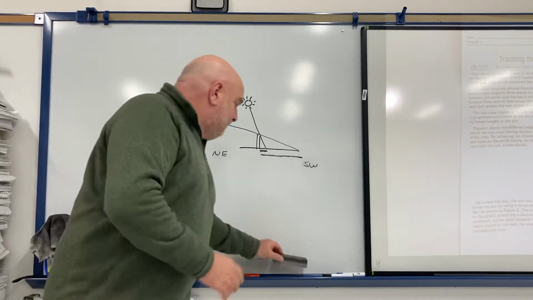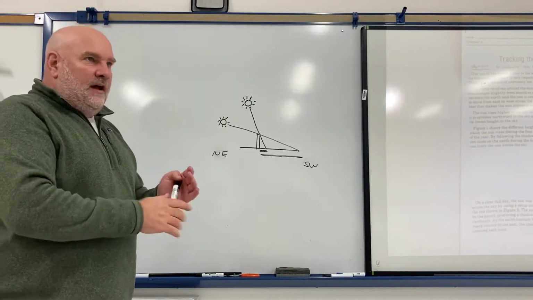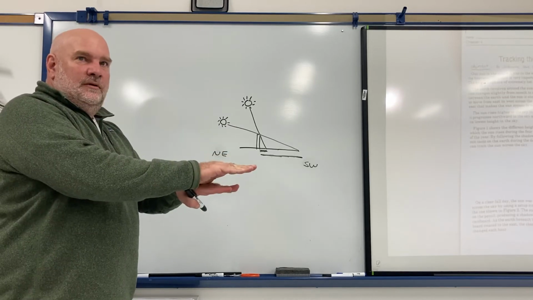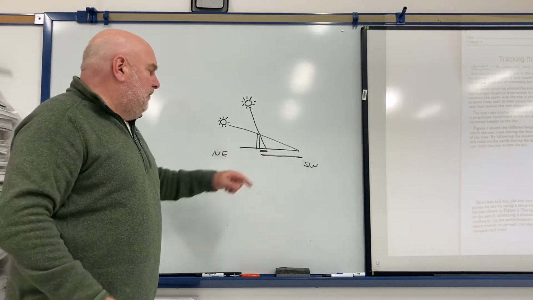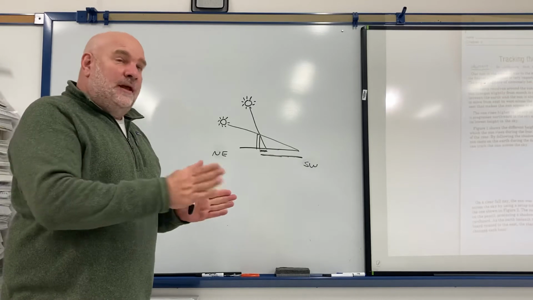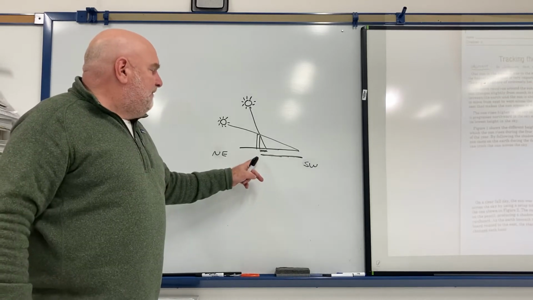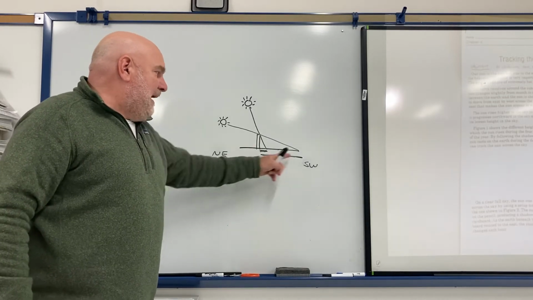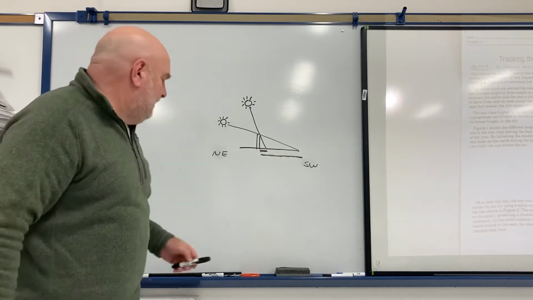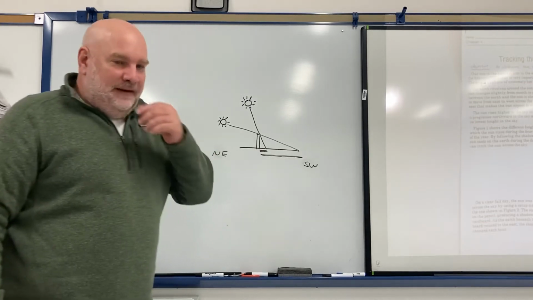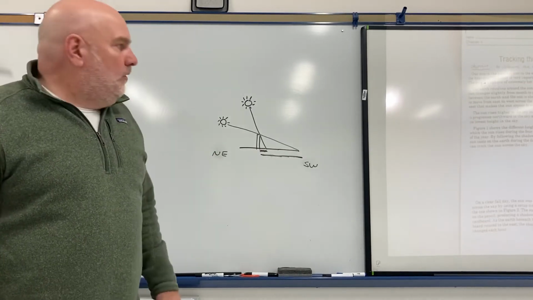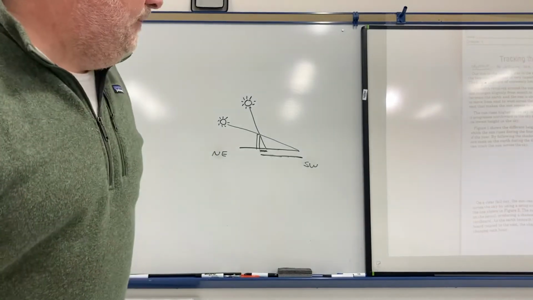So I can tell the altitude by the length of the shadow, and I could tell the azimuth or direction by the fact that the sun's going to be the opposite direction of the shadow. All right. So that's basically what you're going to be doing at the lab today. So on today's lab,